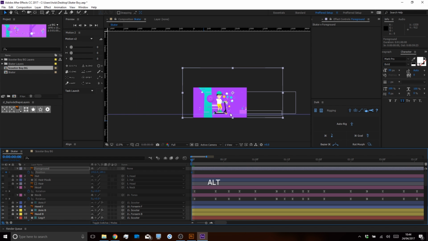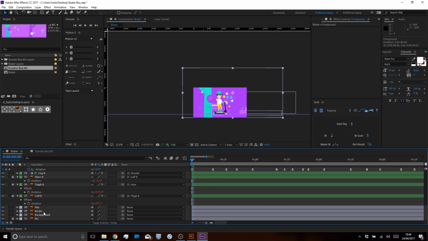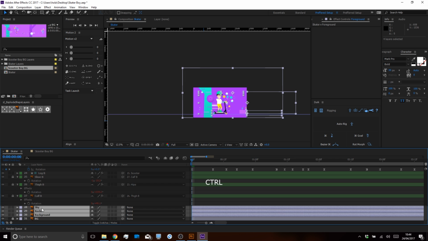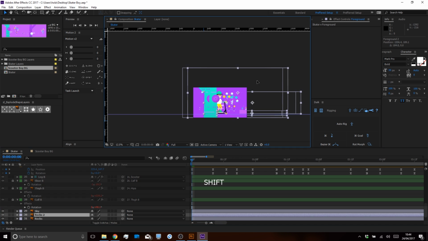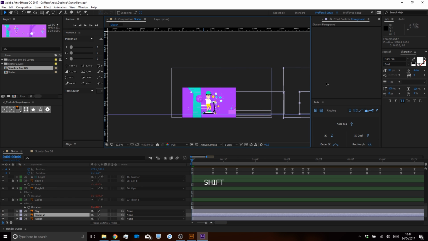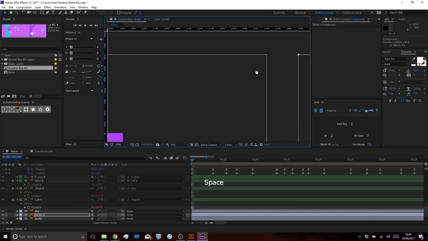That's not what we want to do. Before I do that, I'm gonna select the foreground, the background, sky and rocks. No, not the sky, just the background and rocks. Command D to make a copy of these, and we're going to line these boxes up together,